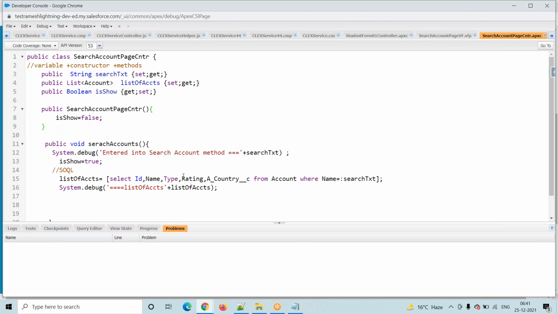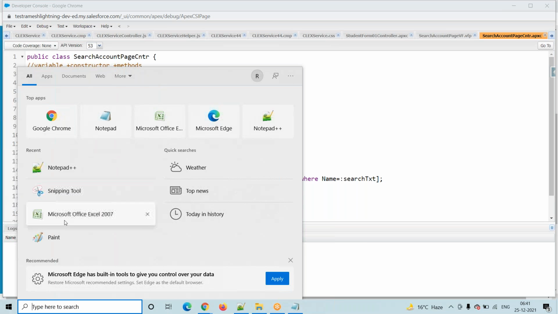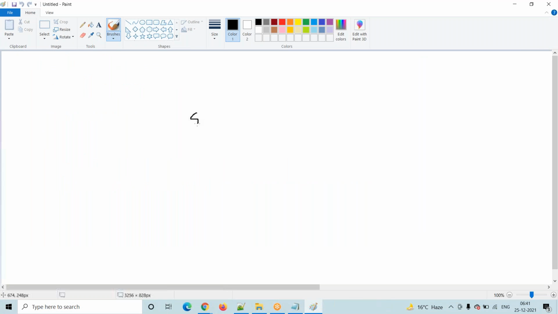Okay, so generally there are two values here. String s is equals to null, and string s1 is equals to single quotes.